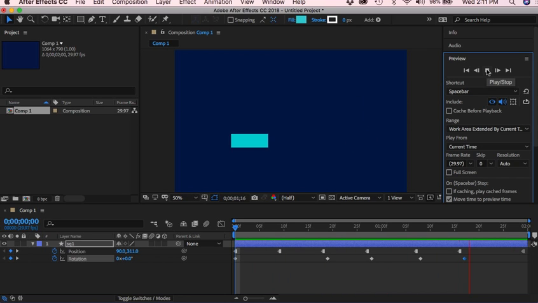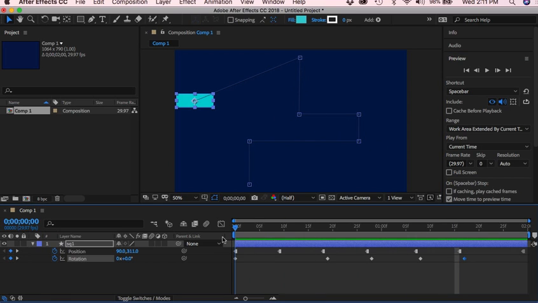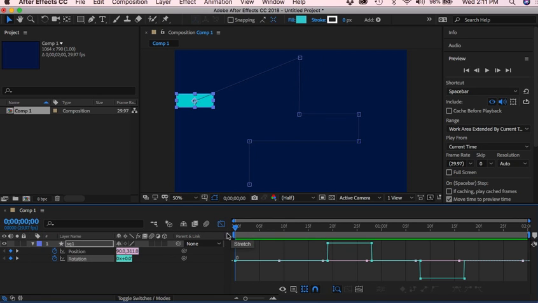As you can see, that movement doesn't quite do exactly what I want it to do. So I want it to move much quicker. So let's try giving that a hold. See what that does. So we'll select the rotation right down here, go to time, the graph editor, and